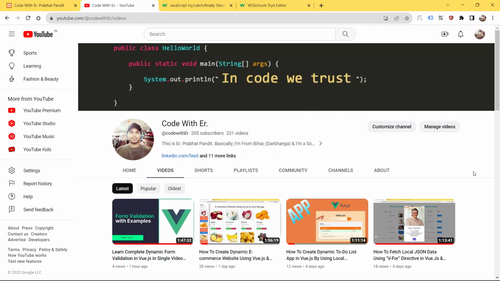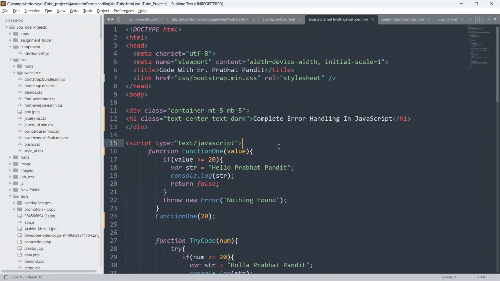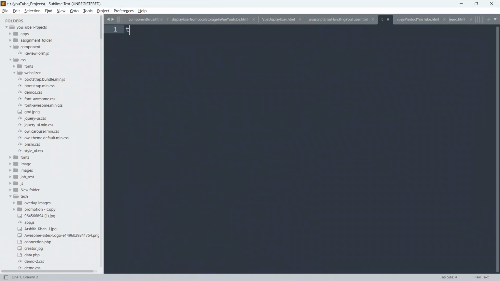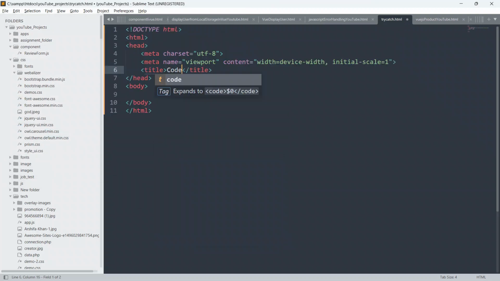Okay, so now let me go to the code editor and let's learn what the JavaScript try, catch and finally block of code is. So I'm going to create a new page, name it try-catch.html, and just save the page, and create the HTML. Code with ER,